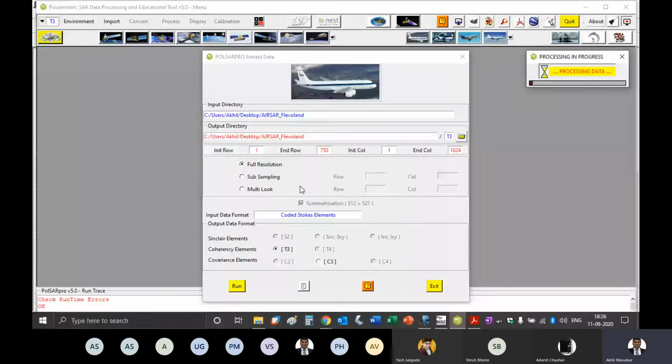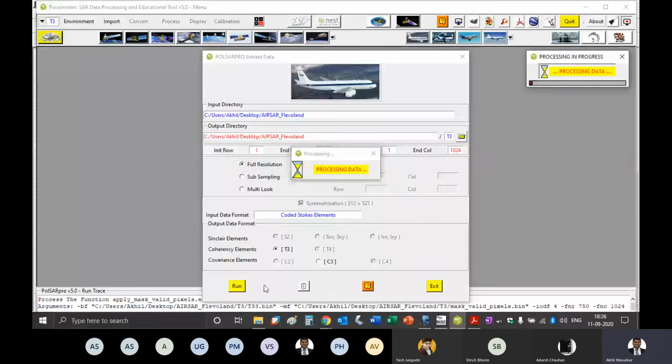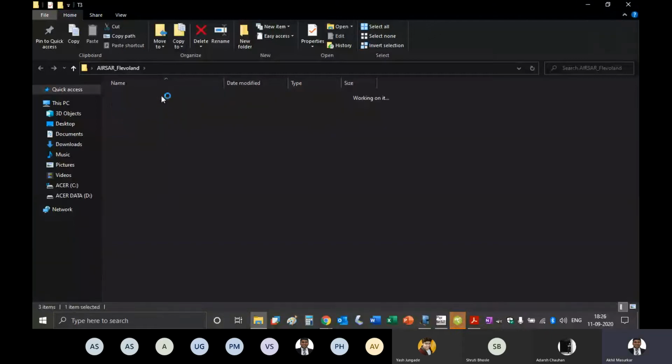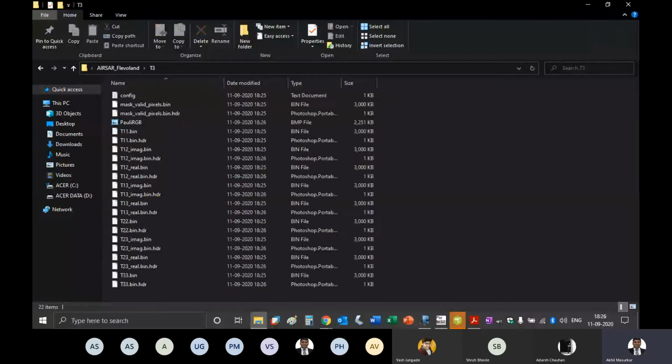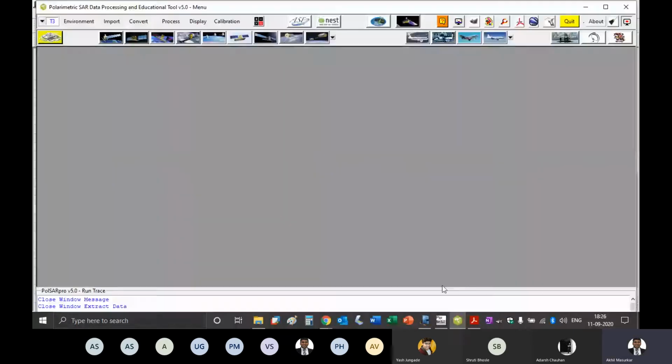And just for your information, you should keep this folder open so that you come to know what's going on inside that folder. You can also open it and check for yourself what all things are getting created inside this. So okay, the processing is done.